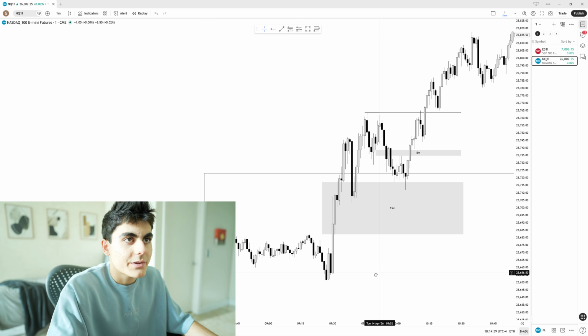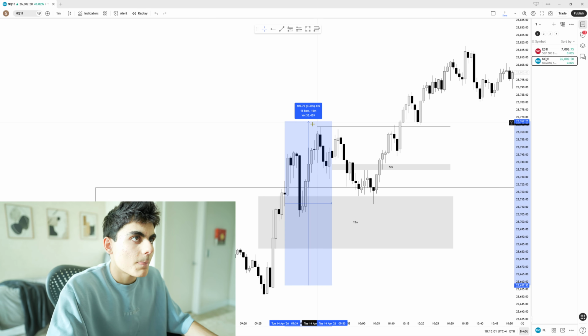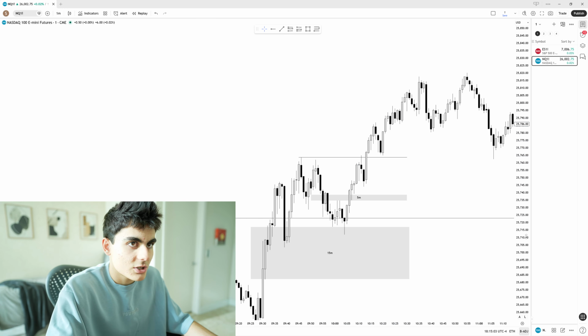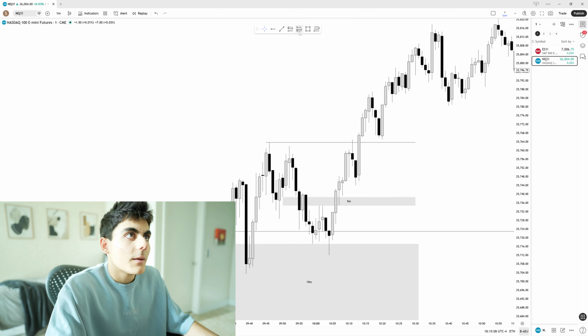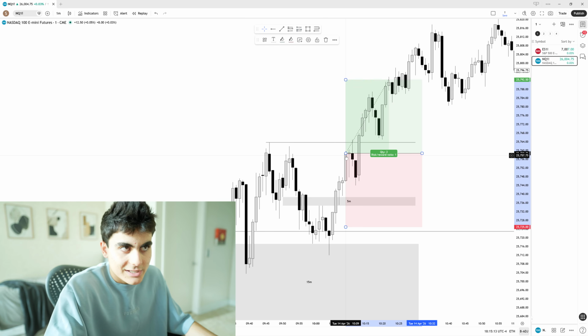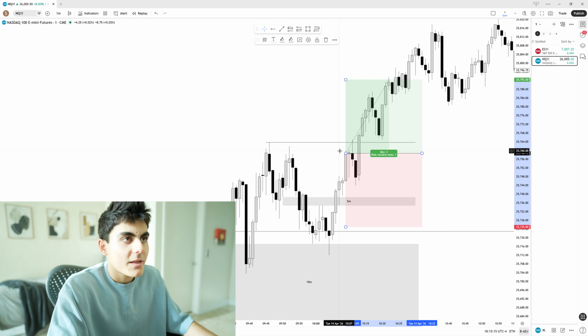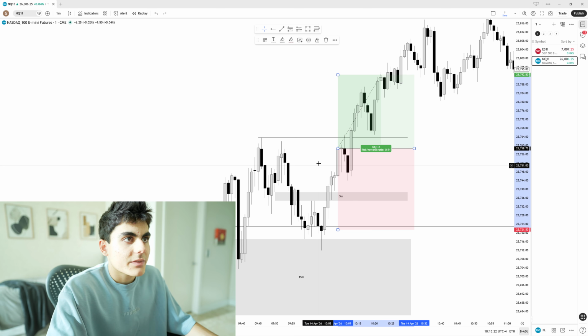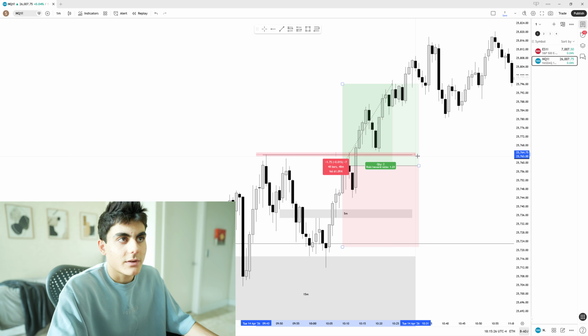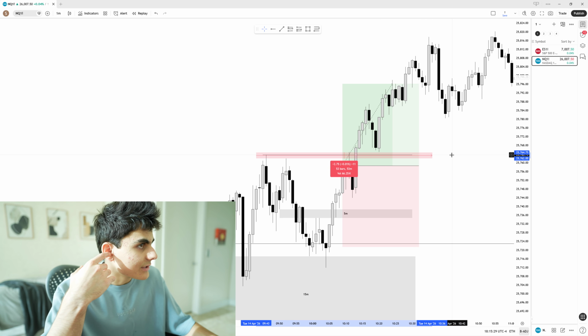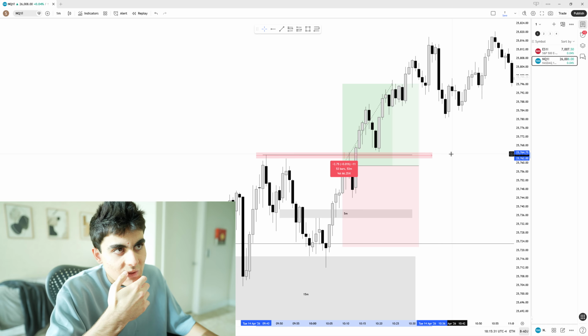We tap a 15 minute. I expect price to go higher. We didn't even go up that much either way. I can expect us to go up more. We tap it. Now I want to see the highest time frame inverse of this leg. It's the 5 minute time frame, but the 5 minute inverse is all the way up here. It would be a very wide trade, and the problem with this is the break even comes very quick, so it's pretty much a guaranteed break even. I don't like to take that.